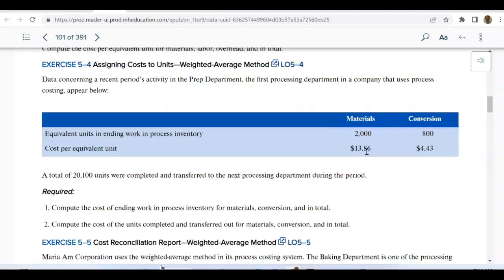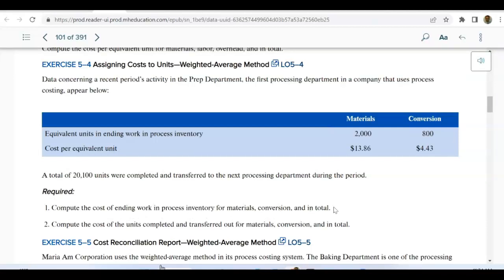We don't need to calculate that. We did a sample in the previous problem. So that's $13.86 for material and $4.43 for conversion. Conversion means a combination of direct labor and overhead. A total of 20,100 units were completed and transferred to the next processing department during the period. Okay, so required: compute the cost of ending work in process inventory for materials,